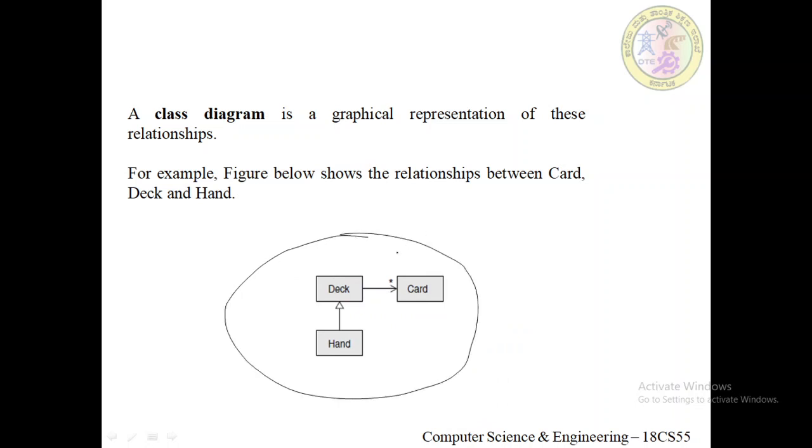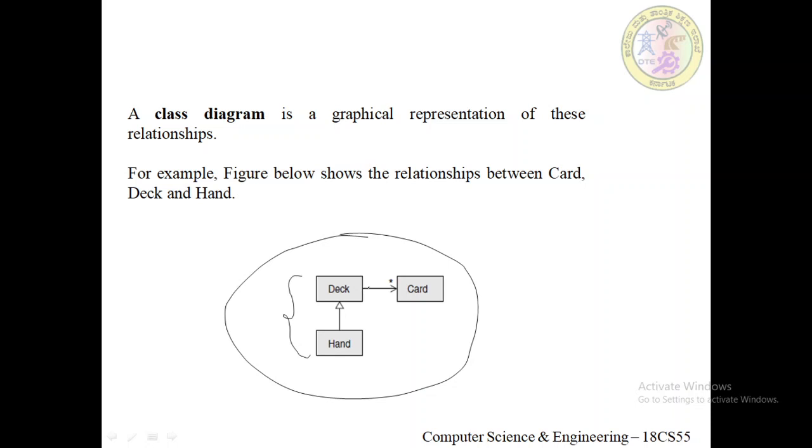It is a graphical representation of the relationships. If you see here, there is a hollow arrow mark between Deck and Hand. This shows that there is an inheritance relationship, an is-a relationship, between the Hand and Deck.